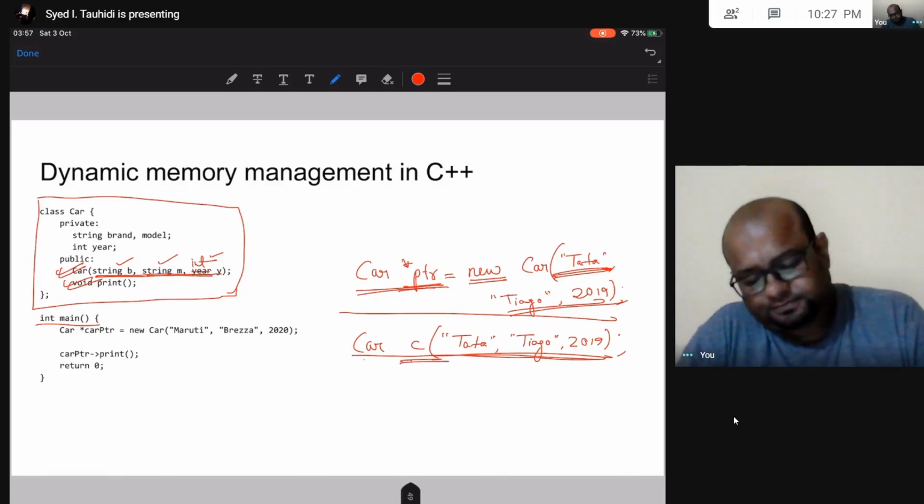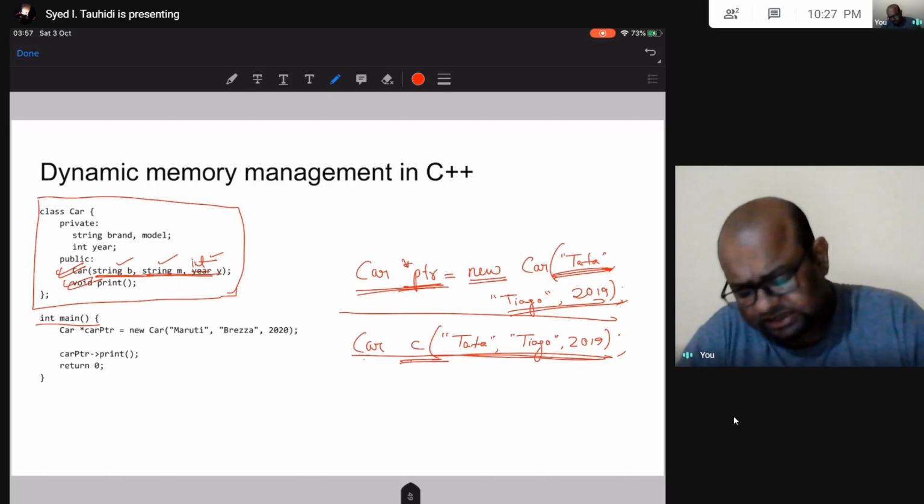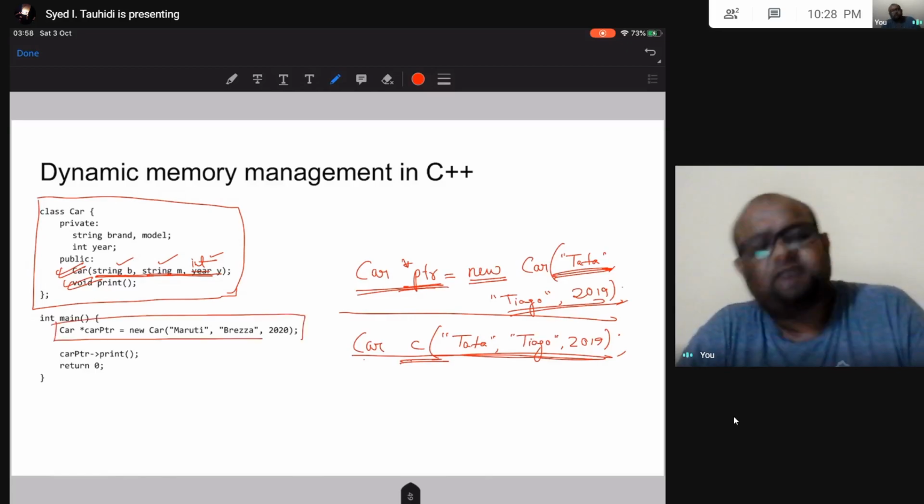Okay, so this is how I create an object in heap.